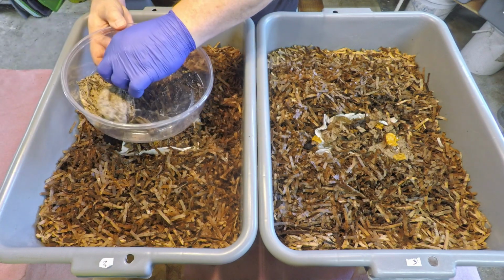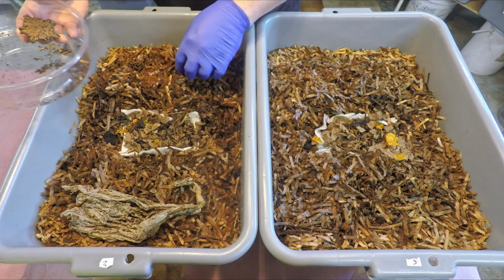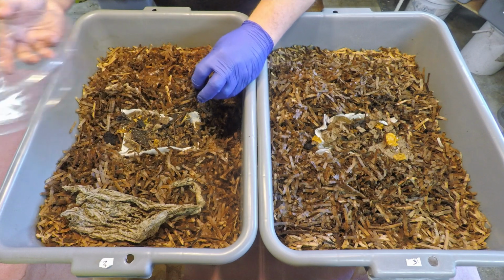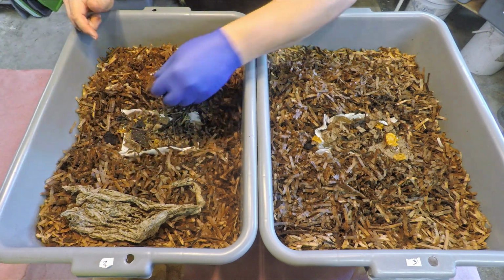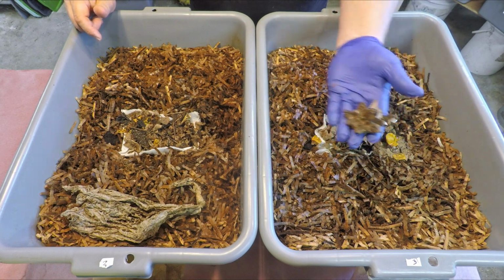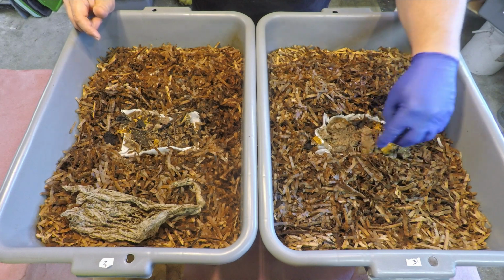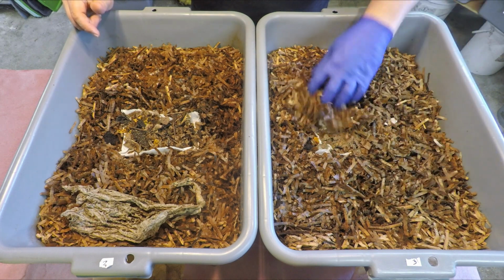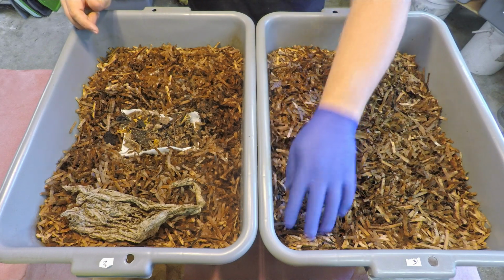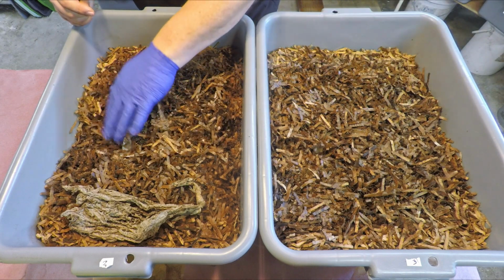And as far as the compostable bag goes, I believe bin number 1, or at least the one here to your left, is the one that I'm going to mark as bin number 1. And as long as we've got sort of a novelty item in bin number 1 with the compostable bag, let's put this piece of pumpkin stem into what's going to become bin number 2. So basically, when I've got systems that are launched on the same day, I give them numbers so that I can distinguish one from the other. So since both of these bins are going to be, oh, you know what,